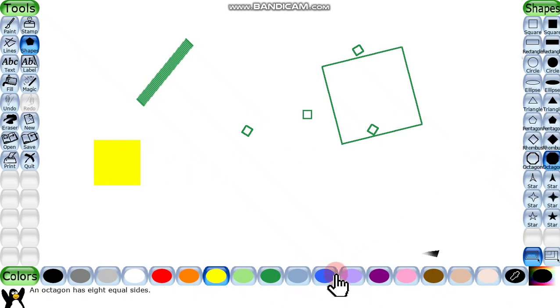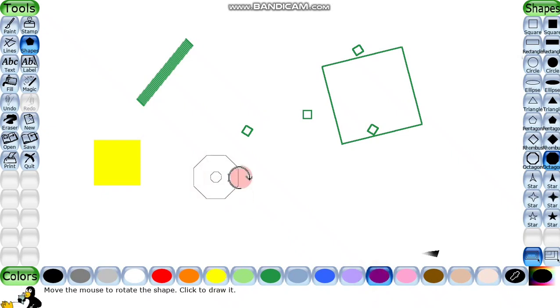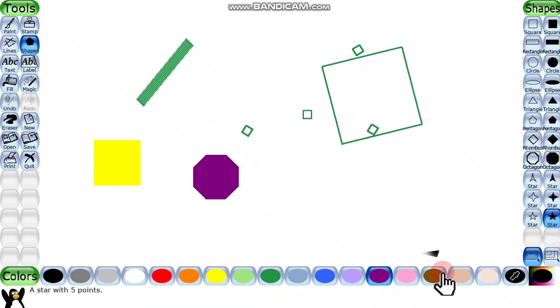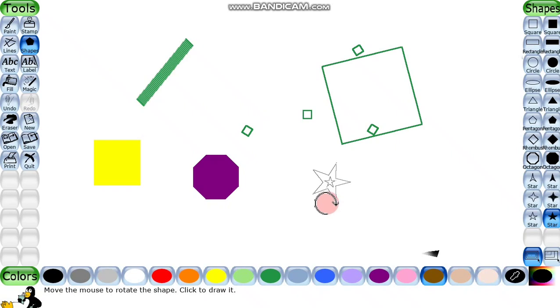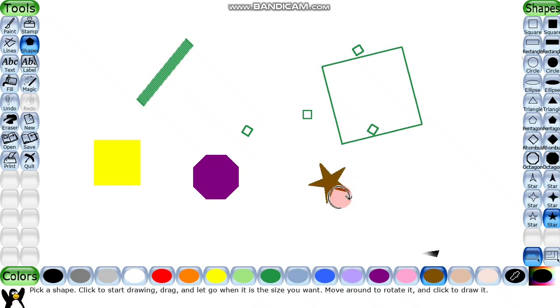Here we have octagon. Many different shapes are there. So many shapes are there ना. After making it, if you want to adjust it, adjust the size and click. तो ये बन जाएगा. If you want to make star, go for it, click and drag. After clicking, adjust the direction and then once again you click it. तो like this you can make different shapes.